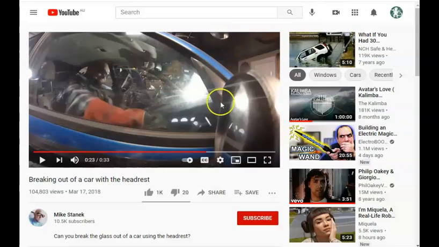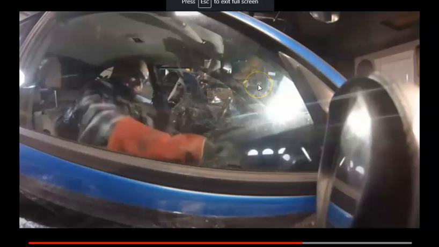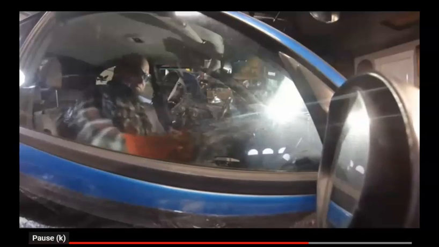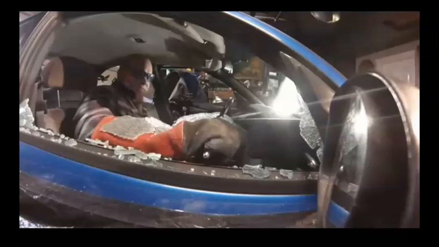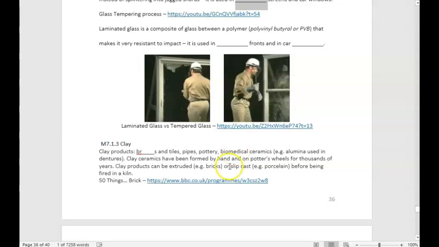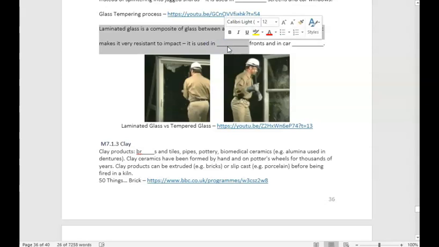Okay, so what are you going to do if your car falls into a river? What are you going to do so that you don't drown? You're not going to be able to wind down the window because... Okay, so what are we going to do? Instead, you're going to take the headrest. Exactly right. Look at it. Ready? 3. Bam! So, laminated glass, we said, is used on the windshields and